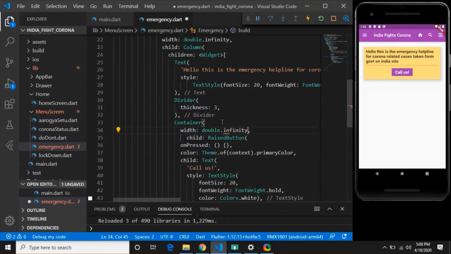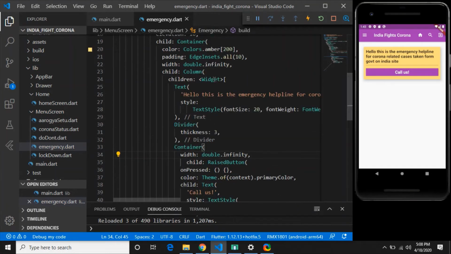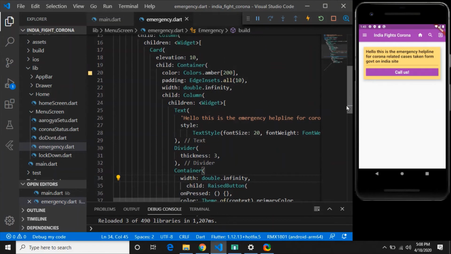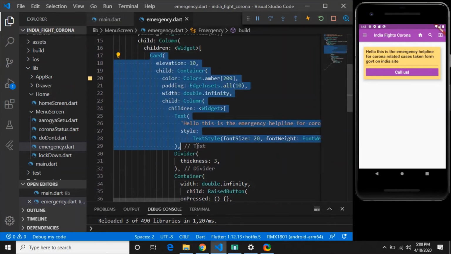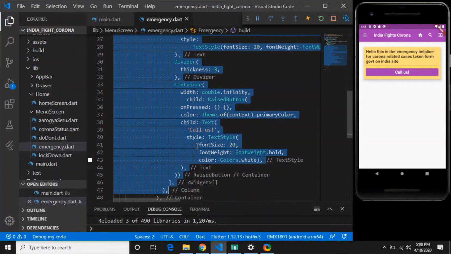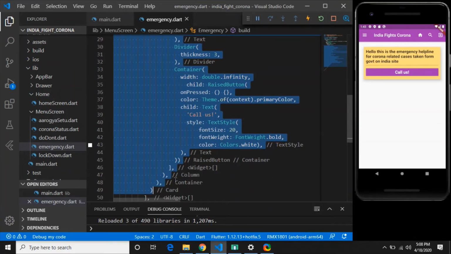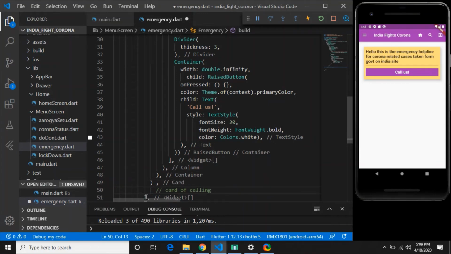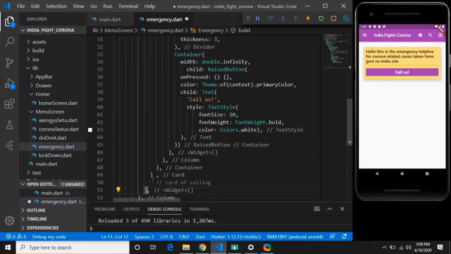So this is the design of one of the cards, and I think we will copy this card and paste it everywhere, or you can define a function also, no problem. But we have only 3 cards, so I will just copy this card, and I will comment it as card for calling. Then I can have the next widget after this. So give comma. Look, this is the column of widget, and this is the outer column. So I can paste the second card here, and if I write Control V and give comma at the end again, and save it, you can see 2 cards.